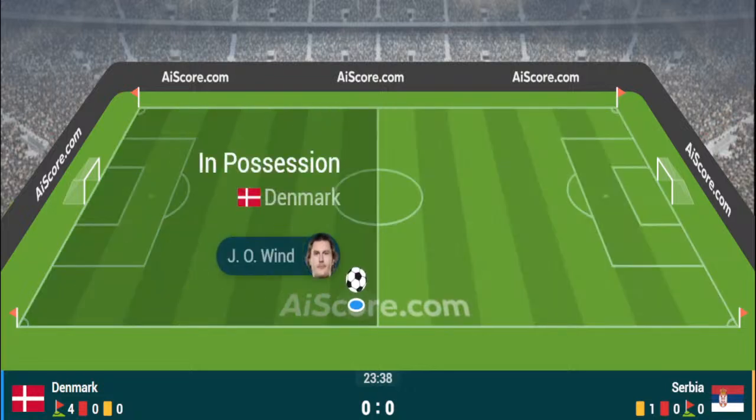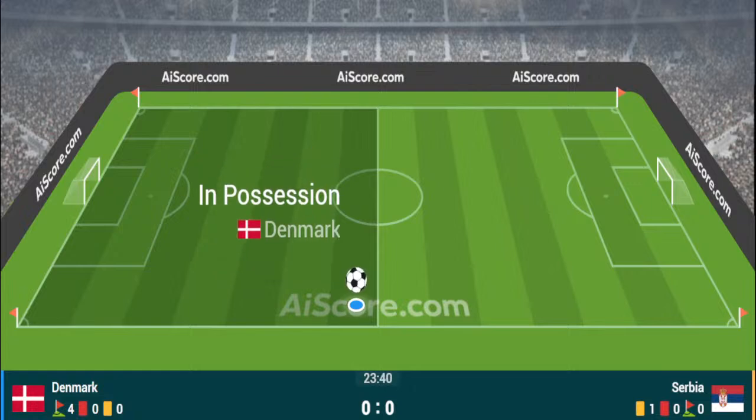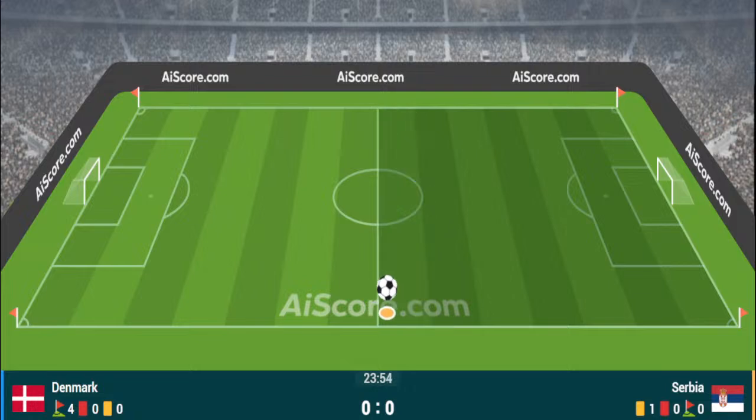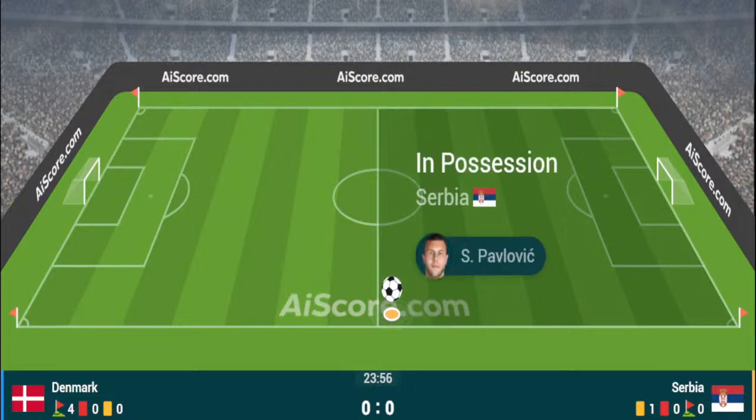Well, the ball's in the back of the net, and VAR's going to have a look at this one, of course. Lukic is having a word with the referee, and certainly Wynn is saying there was no foul in there. The ball is in the net. The goal has not been given. Christian Eriksen it was who swung it in, and was that...